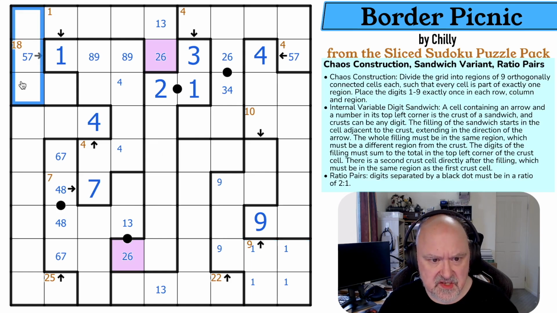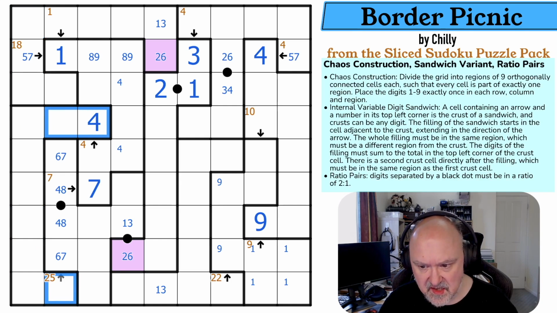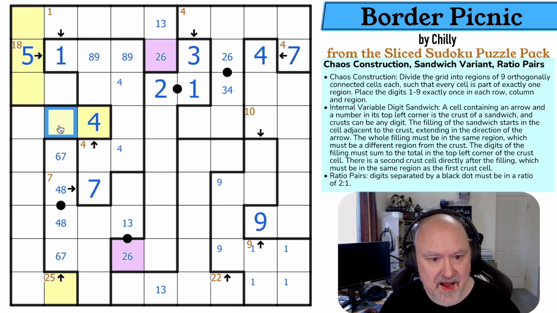These 3 digits are those 3 digits because these are 1 through 9 and this is 1 through 9. So by law of leftovers, these 3 digits here are those 3 digits there. So there must be a 5 or a 7 in here, and I can't put a 7 into any of those. This is the 5, this is the 7. And there must be a 5, there's a 4 in one of those two, and there's a 5 in one of those two